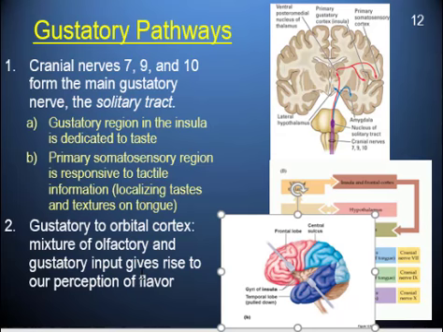So this is why they tell you to eat really slowly and let the food linger in your mouth, because that gives it a little bit longer to send some of the chemicals up into your sinuses so that you can smell it and you get the full effect of the food. And the full effect is the combination of the taste part and the smell part. So hopefully that makes sense.